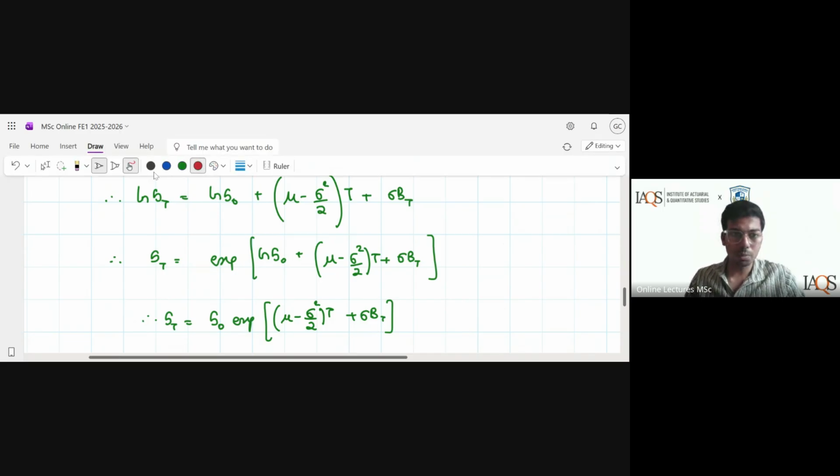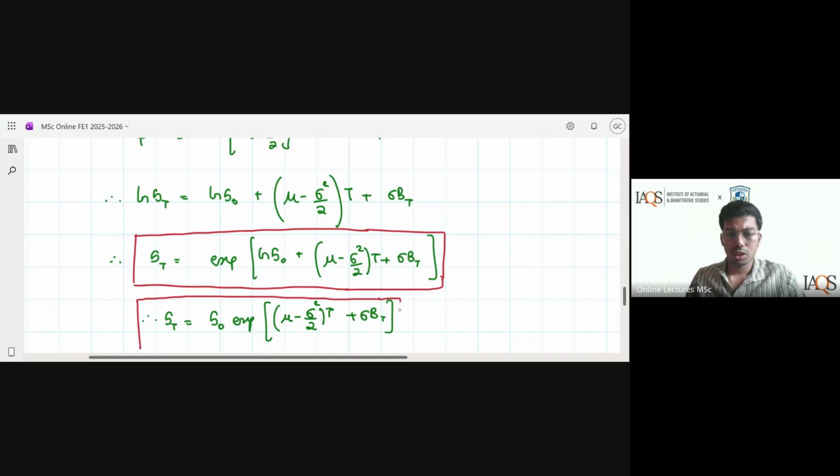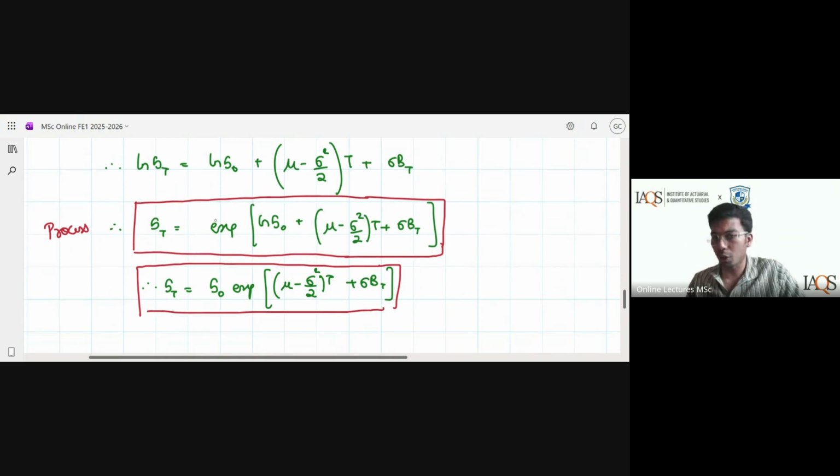The process form is what we derived. It can either be this equation or it can be the equation that I have written down. You can use any equation. So I derived the HDE form, I derived the process form. Now the last thing, I need the distribution form. Distribution form is easy if I have the process form.